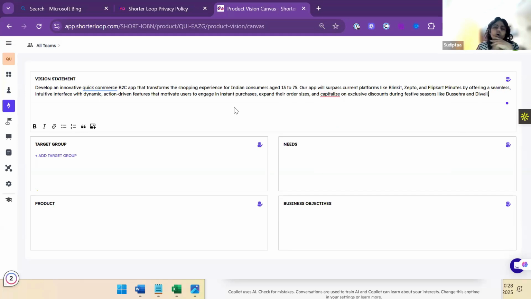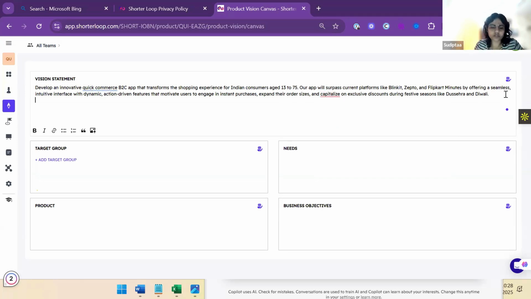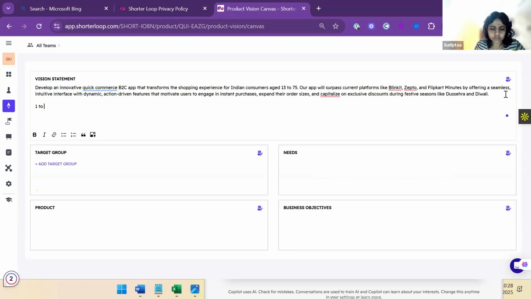Now, what AI's job is to do, if you want, you can add your own human inputs, and for 1 to 3 years the goal of the product. This is where you are adding your human inputs.